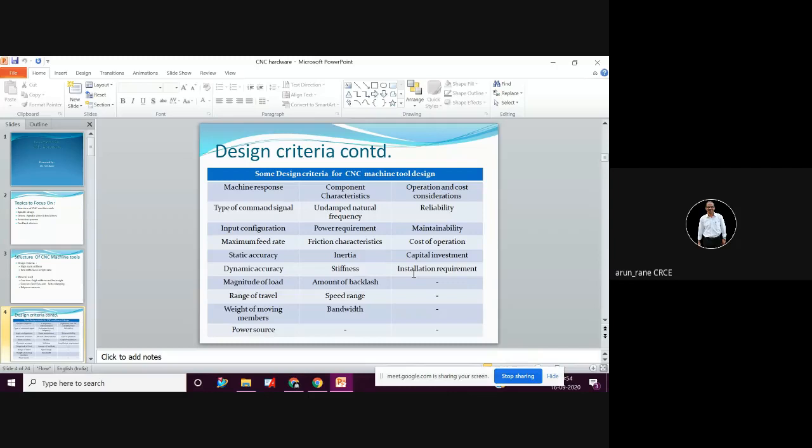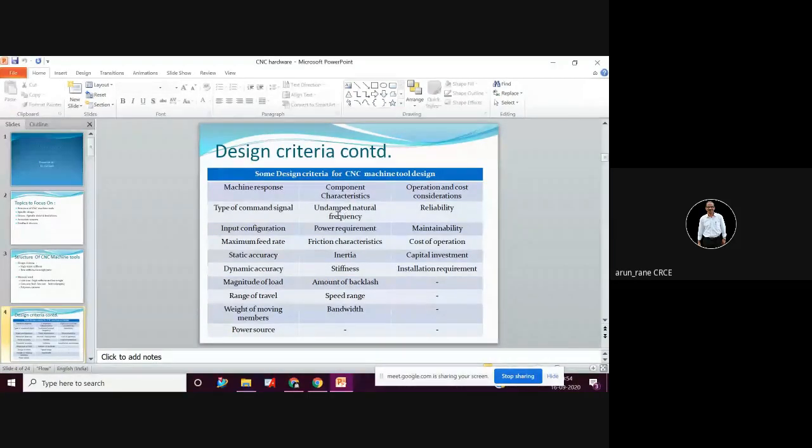So you just place it on the vibration pads, on the rubber pads. That's all. Just plug in your three-phase supply to the voltage stabilizer, 440 volt, and within 30 minutes, within half an hour, your machine is operational. So this is how it should be. Nil installation requirement. This is how your design should be.